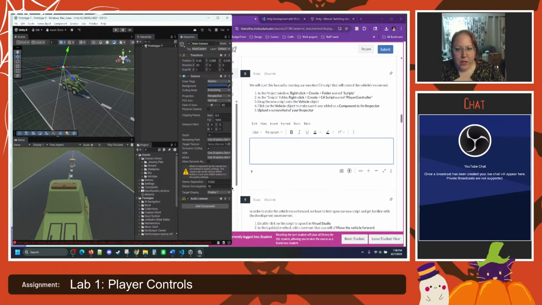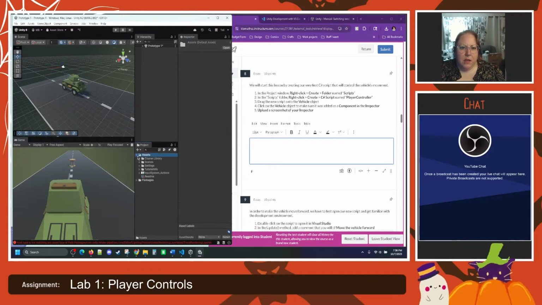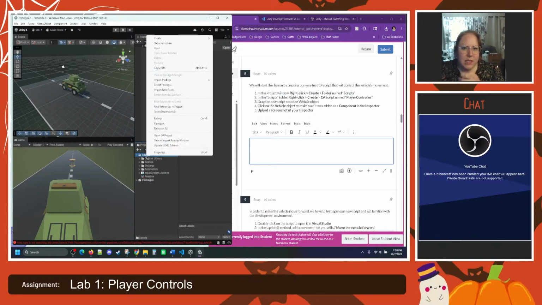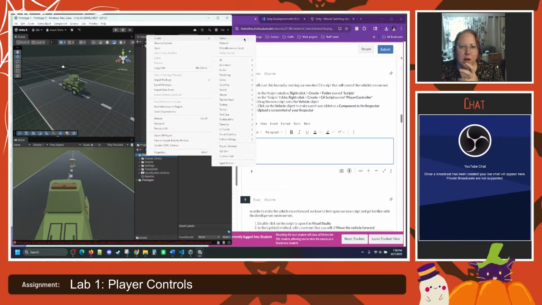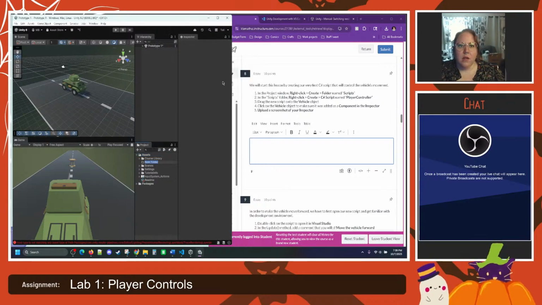So in the project window, bam. You can put it in a couple places. You can put it in assets, or you can put it just in the project window. I tend to put it in assets just because I like all of my assets together. I will not dock you if you do not put it in there. Either way is fine. The biggest thing is I need you to put it somewhere where you're going to be